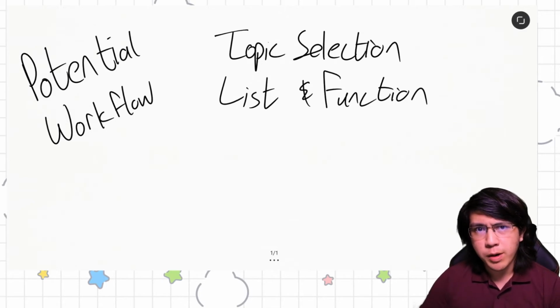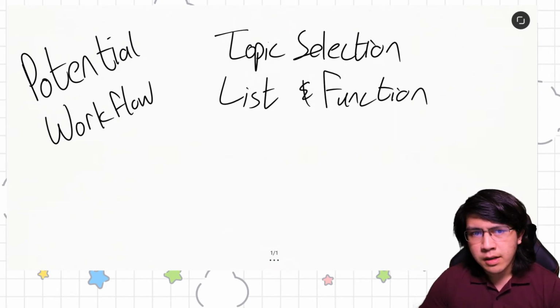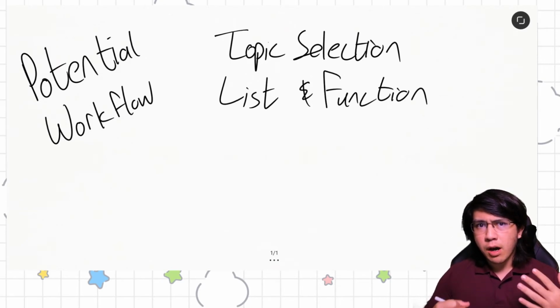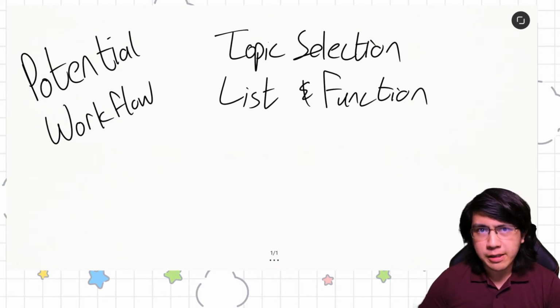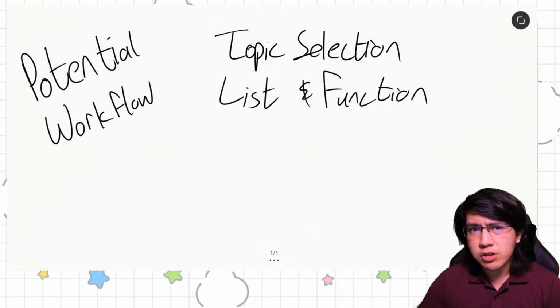Is there a genuine, reasonable reason to store the data in a list, a collection, in your app? Is there something where there'll be maybe multiple selections or something that'll take multiple values to figure out? And for the function, is there some complex process that's going to be repeated? Maybe it's the core loop of some game, maybe it's a major calculation based on multiple factors, but you need to make sure that your topic leads to you choosing a list and a function and making sure they exist